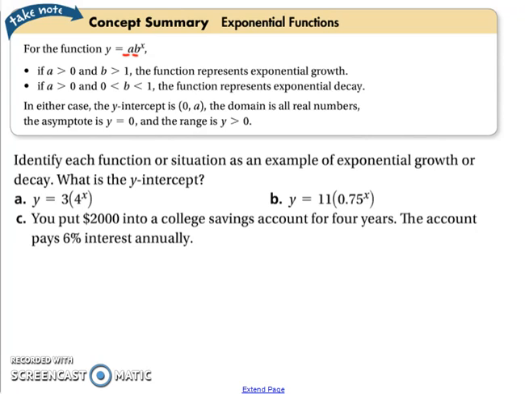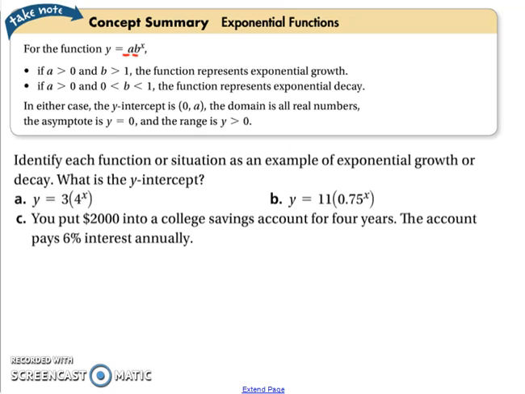The domain is all real numbers. The asymptote is y equals 0, and the range is y is greater than 0. So everything is similar. We're just going to look at the a and b values that were given. So we want to identify each function or situation as an example of exponential growth or decay, and then find